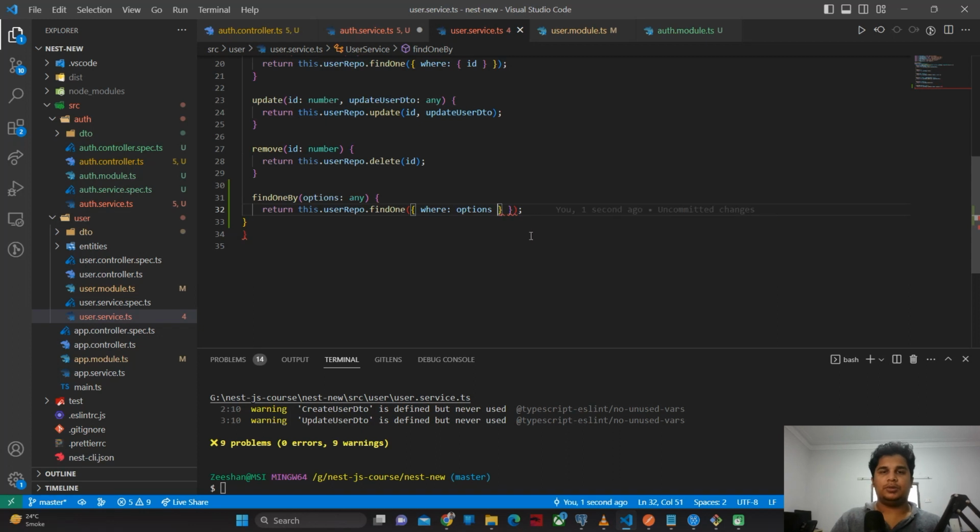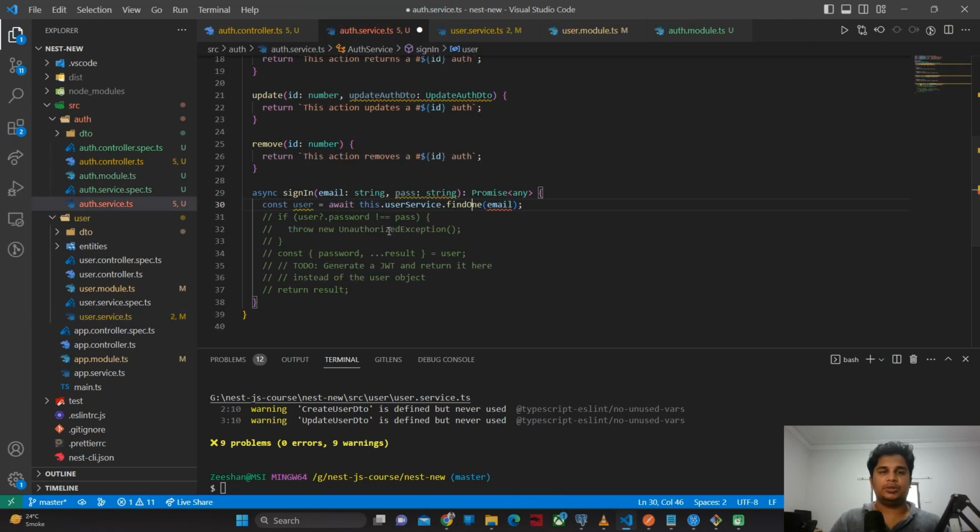So it means that you need to send an object in the form of a where condition, so that it has been added here. Now it is giving us an error that we have an extra bracket here, so we will just remove that,